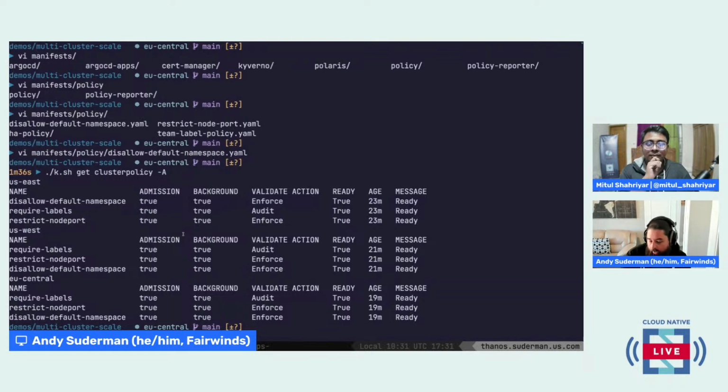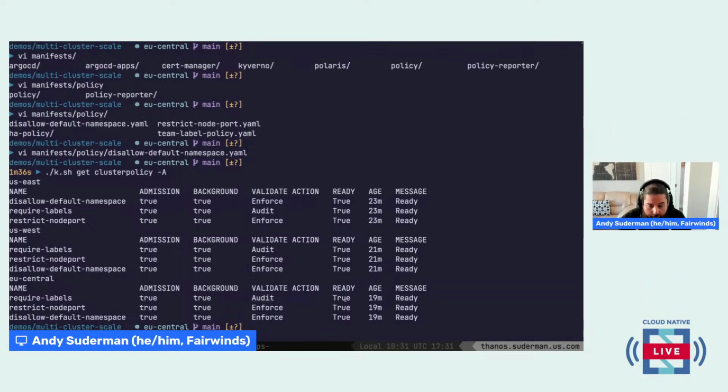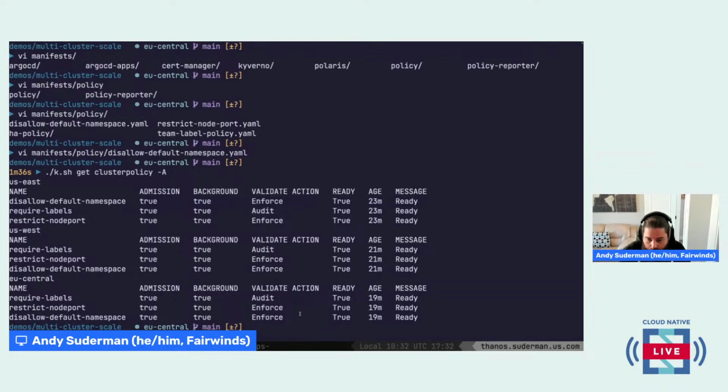But given the abilities of GitOps and things like that, we could tweak which policies go into which cluster based on how we organize our deployment here. Kyverno also has the ability to just audit or enforce. Same with Polaris, where we did warnings versus danger items where we're blocking them or we're just alerting on them. We have that ability with Kyverno as well.